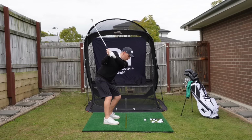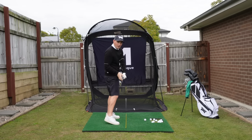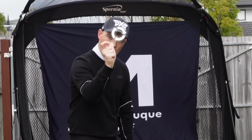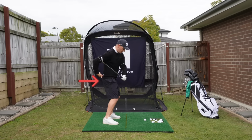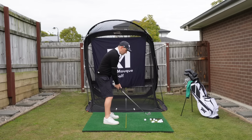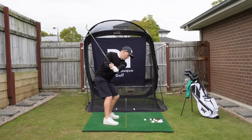A lot of golfers move towards the golf ball when we're in that movement. Now, what I'm trying to get you to do here is I still want you turning around the corner. I don't want you standing up and pushing your pelvis towards the golf ball. I want quite the opposite. I still want you to feel like you can work that lead hip around the corner